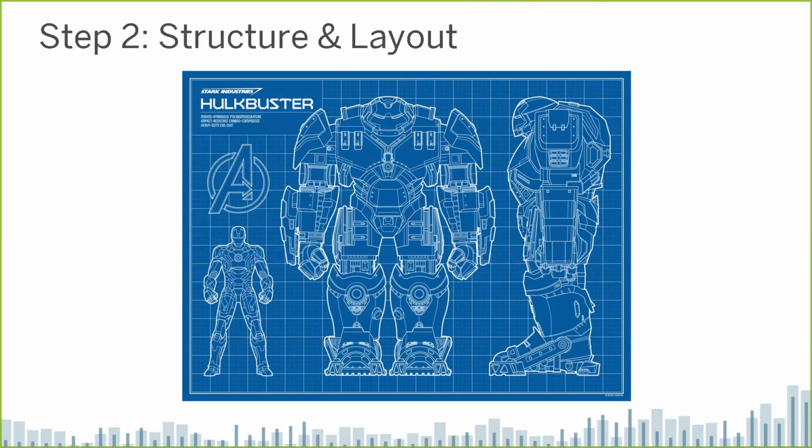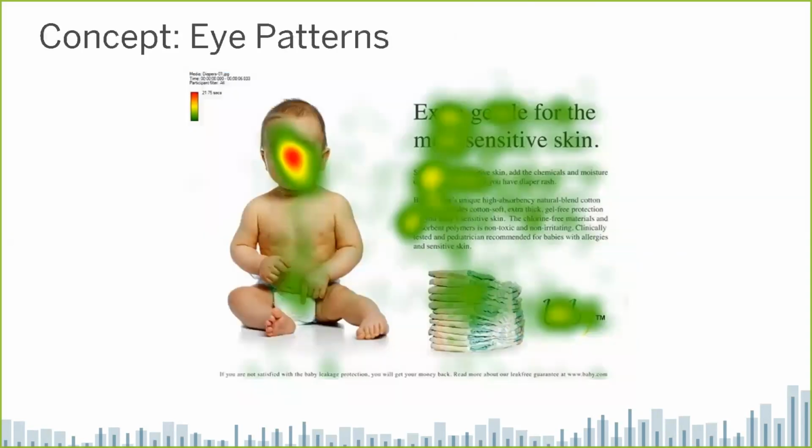So let's talk about some concepts about structure and layout. I'm pulling these from the graphic design world because I think they have a lot of relevance for where we are. Let's start with eye patterns. This is something that people have been doing for a while. They actually judge how human beings look at advertising, and then I'm going to show you how it actually works on the internet. So here's an advertisement